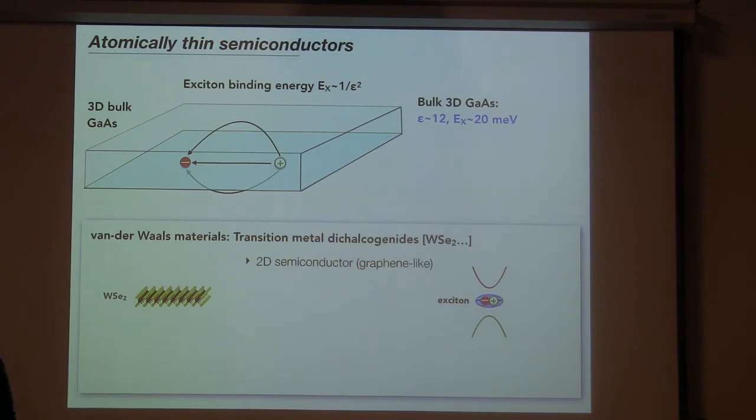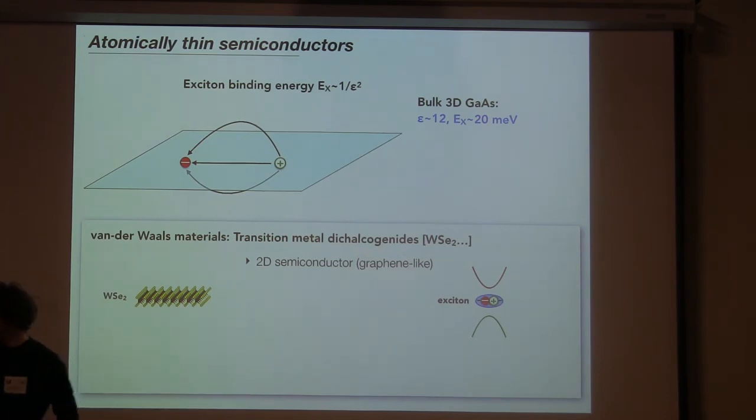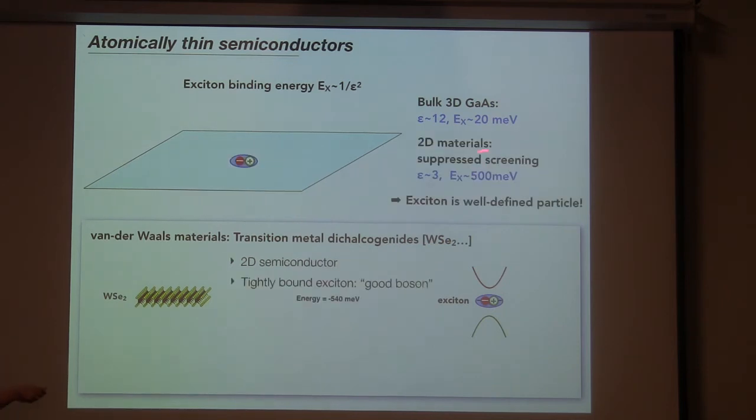And now one thing is important. In gallium arsenide, the electric field lines, they of course go in all 3D. And they always have to go through gallium arsenide. And they always suffer the epsilon of 12. But if you have a 2D material, we actually just take away most of the material. And most of the electric field lines are now outside of the material in just vacuum. So we are almost back to the hydrogen problem where we have epsilon 0. So we actually gain a lot of binding energy by this effect. And it turns out that therefore excitons are actually bound at 500 meV in these systems, so really deeply bound.